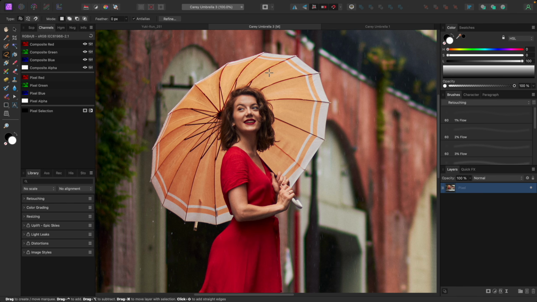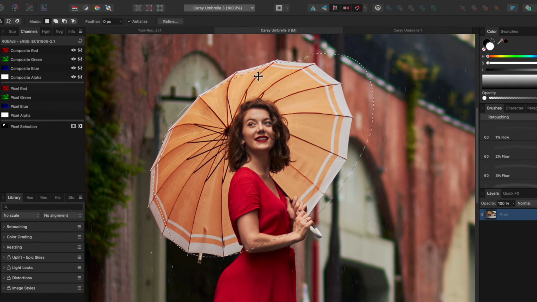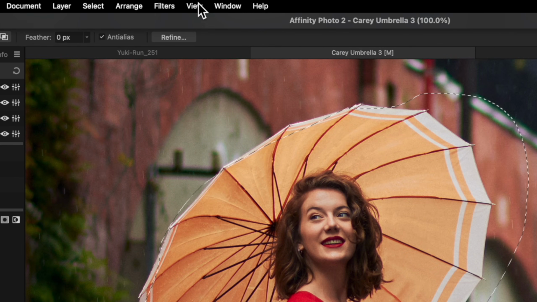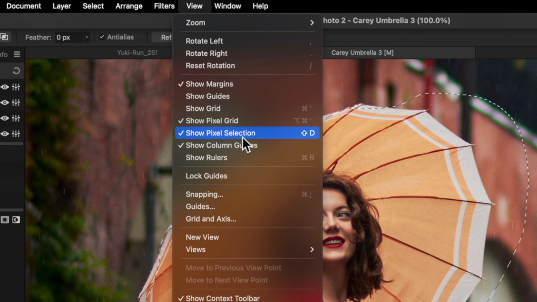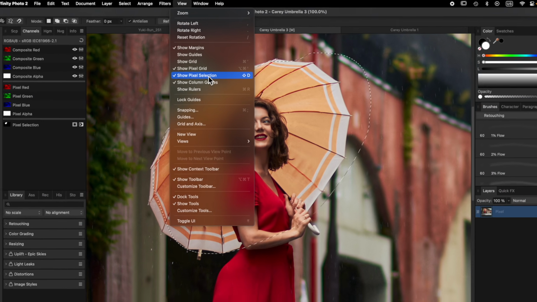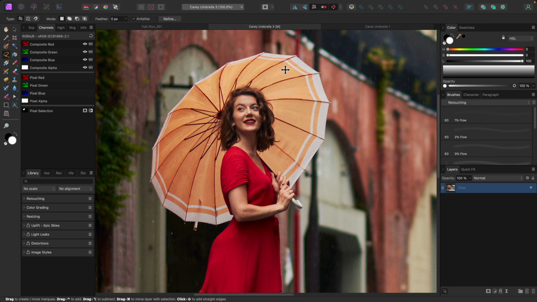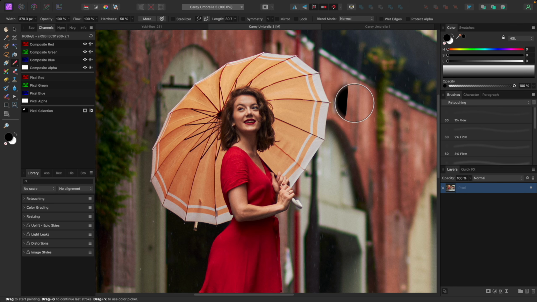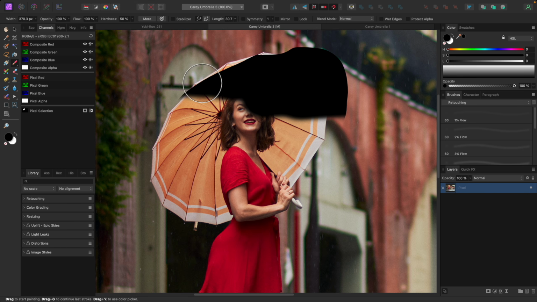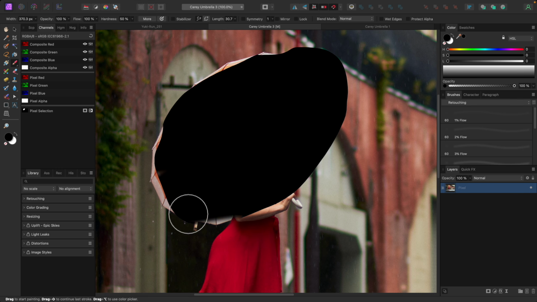Another thing you can do is, if you find those marching ants distracting, so let me go ahead and just do a really quick selection here. If you find these marching ants distracting, you can hide them by going over to View, and you can uncheck Show Pixel Selection. And even though those marching ants are gone, your selection is still there, and we can prove that by grabbing a paintbrush and just painting in,